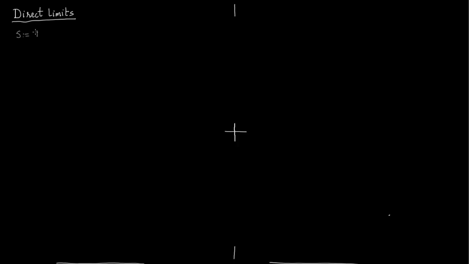Say S is a fixed set, and we call S a directed set, which is a partially ordered set. So it's a directed set, that is a poset. And whenever you think of a poset, you should always keep the example of integers in mind. So integers are ordered, and such that for all A, B in S,